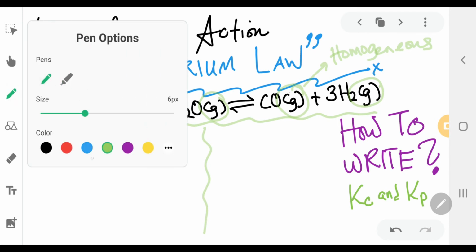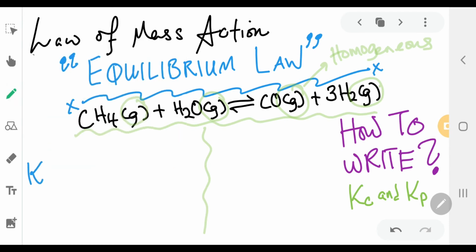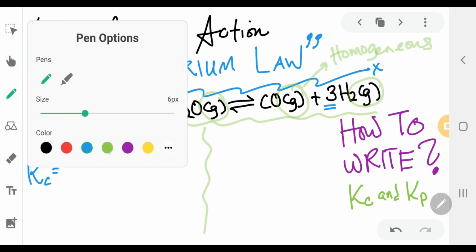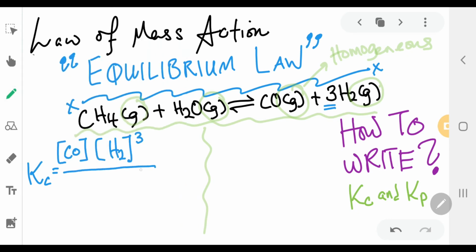So again, Kc, we have CO square bracket for concentration. CO, you shut that bracket, and then to the power of 1 times H2 concentration to the power of 3. Right there, 3. So this to the power of 3 is that number right there. Okay, so divide by